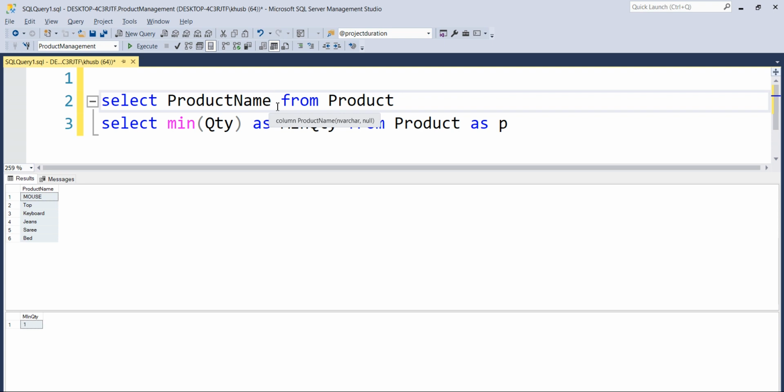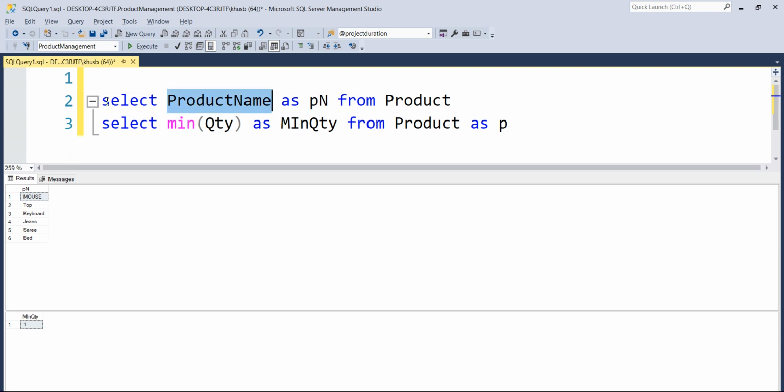I want a different name just for now. So I will write as p name, pn. So now this is a new name for this product name, only for this query. This table is going to still have this product name in the table structure, but for this query only we have given a new name for this product name column.